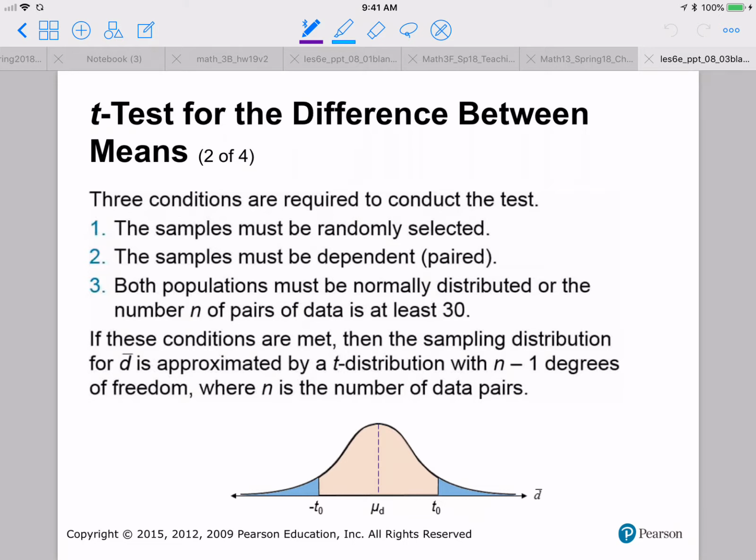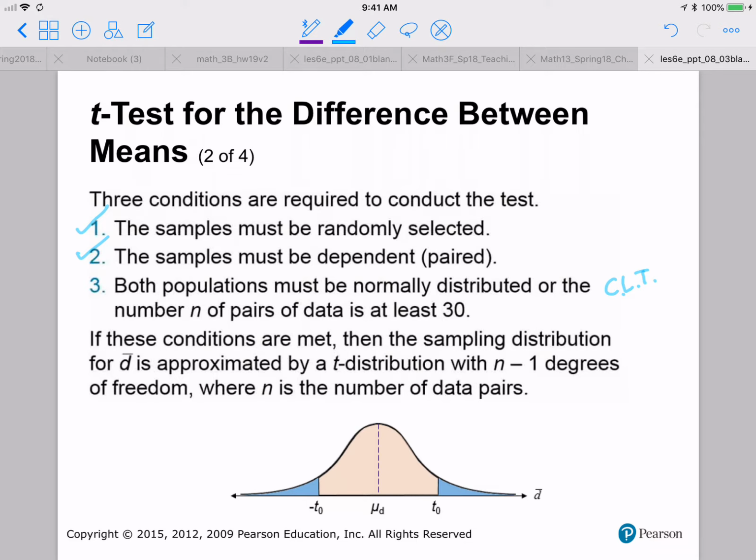Here we have the requirements for performing our test. These are the things we need to verify before we complete the test. The samples must be randomly selected. This one is never going away. You always want your samples to be random. The samples have to be paired, so they're dependent. And lastly, both of the populations have to be normally distributed, or the sample sizes need to be at least 30. This again allows us to use our central limit theorem to make conclusions about probabilities regarding the